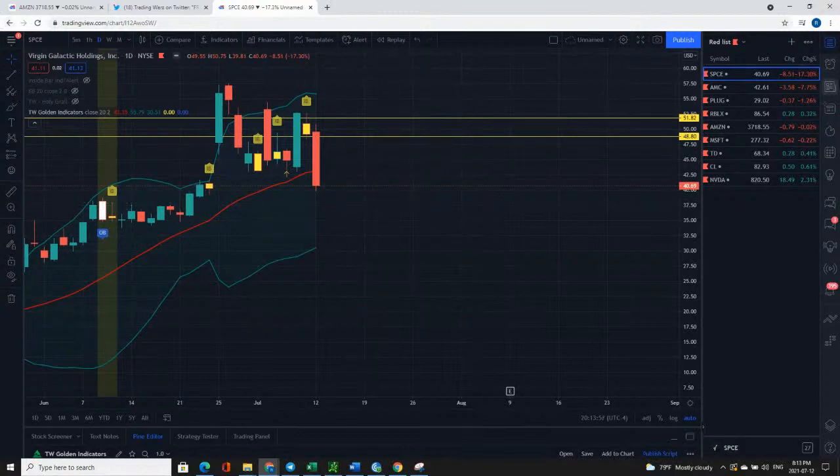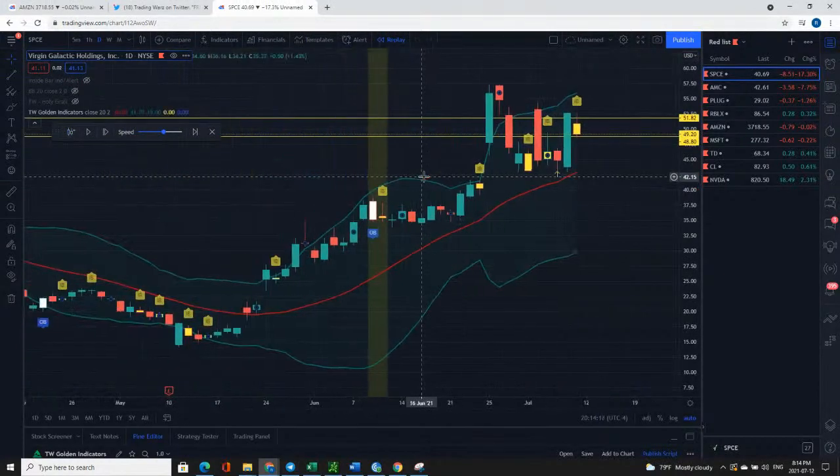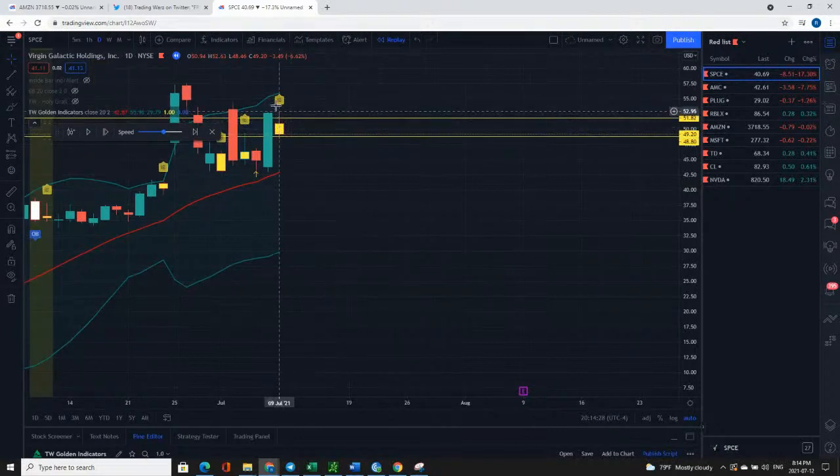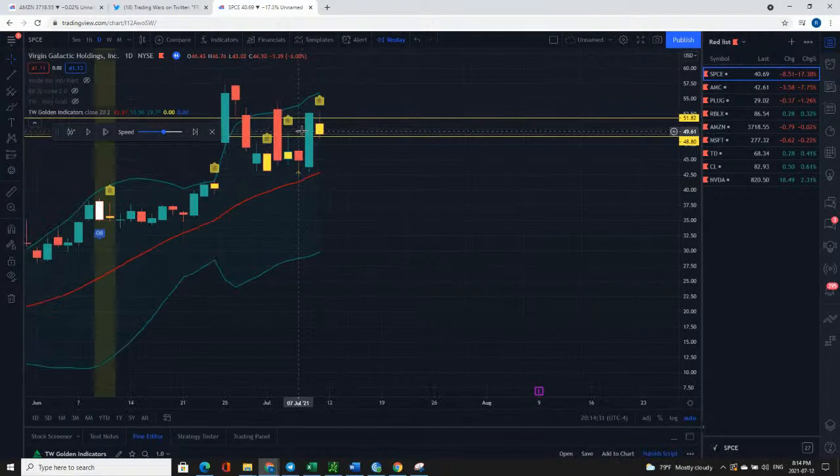Okay, so here we go. The first one that I want to recap today is, someone corrected me and said it's SPACE, it's not Spice. So we're going to look at SPACE. Okay, so here we go. Let's hit the market replay and let's discuss. So first of all, SPACE came on my scanner for one reason: inside bar. Now we can all see it together. There's no guesswork. Here's an inside bar. It says inside bar.